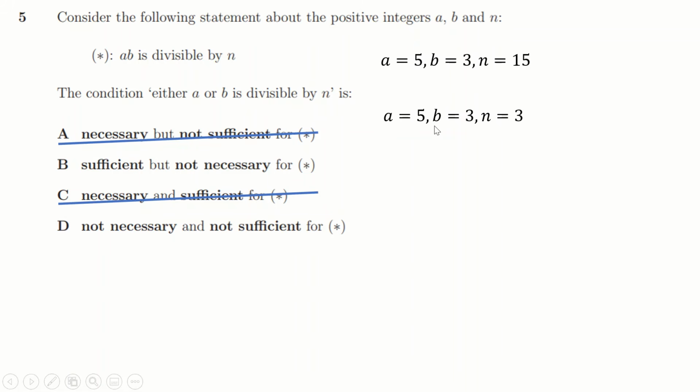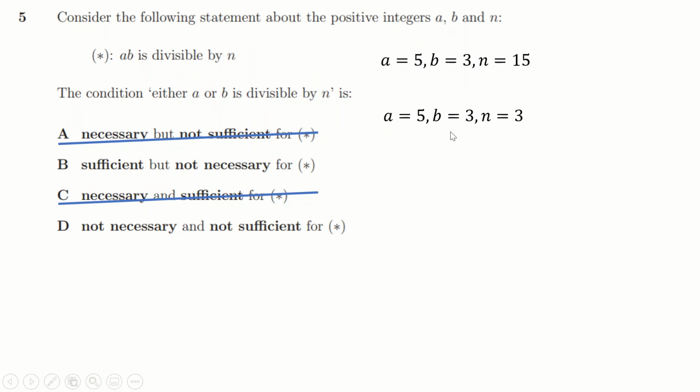Now this example here, I've chosen 5, 3, and 3. So 5 times 3 is 15, which is divisible by 3, so that's good. And now this also agrees with this. Either A or B is divisible by n. Sure, B is. 5 isn't, but it doesn't matter. It says either. So 3 is, which means this is,